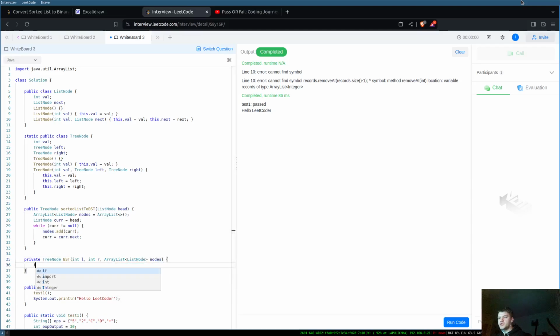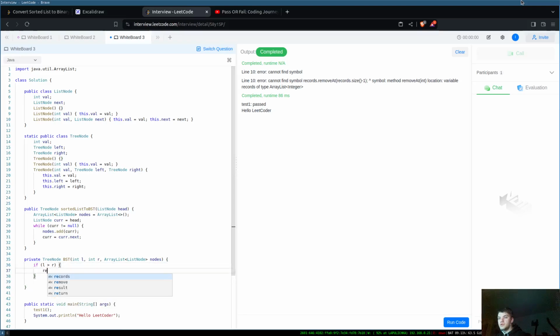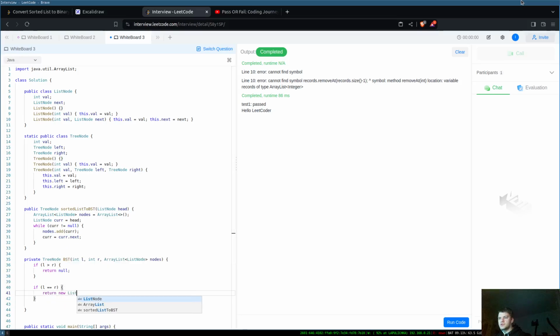And then I want to check if left is more than or equal to right, I'm gonna return null. If left is equal to right, I wanna return new tree node, and then I wanna have nodes get, and then